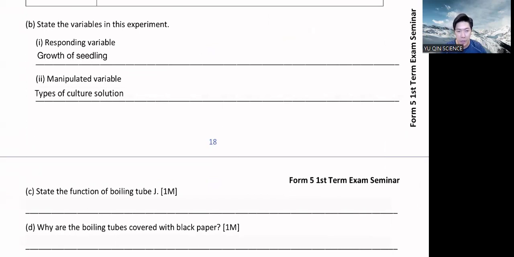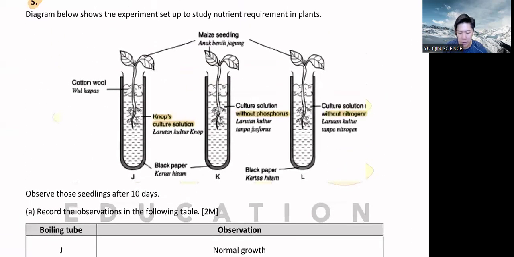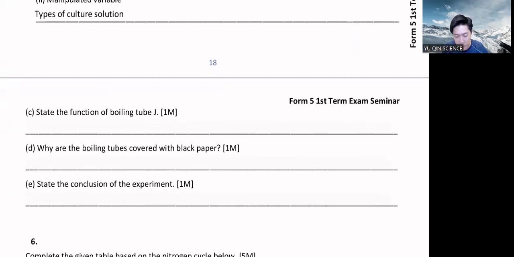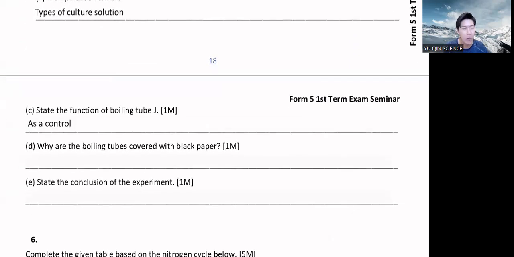Okay, right. Function of J. There's always this setup there for like nothing. Why are you here for? What are you like showing us how good you are? So remember, every experiment we sure have this sort of useless experiment there. That's always your control. Control means to compare, to show you, okay, I'm healthy, and look at you when you don't have this. That is how you grow. So there's always a control. Control means something there to compare.